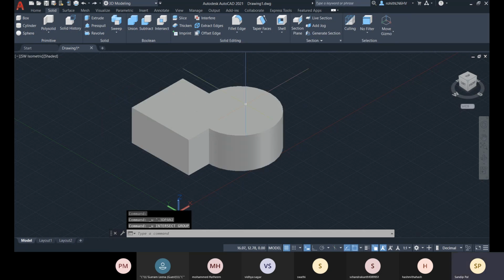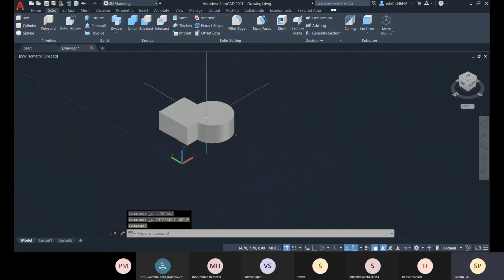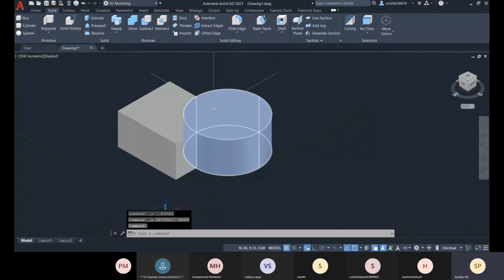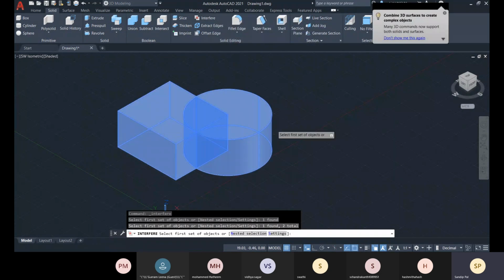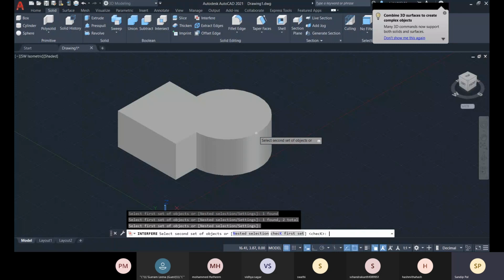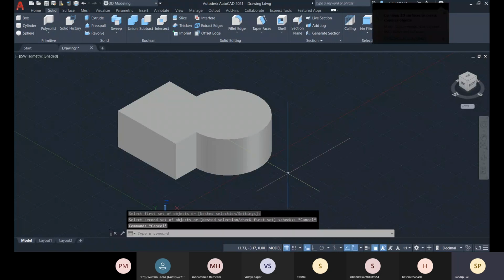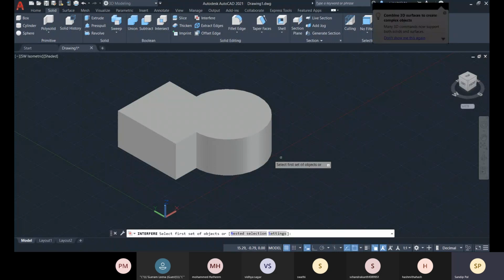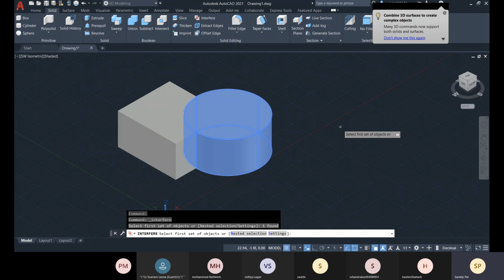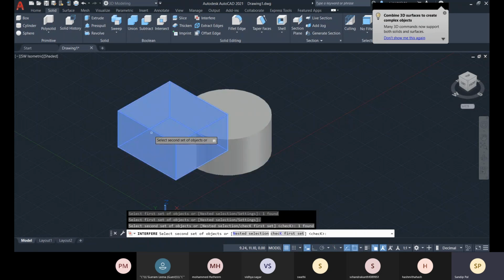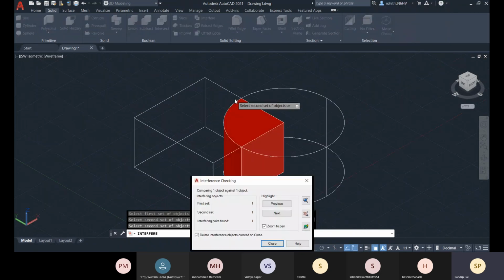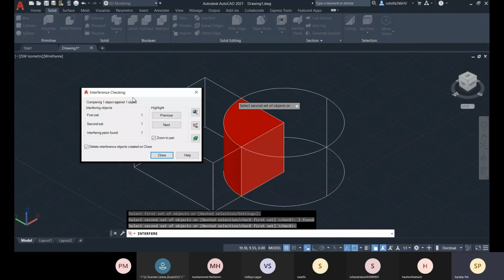But suppose I don't need that, I need to check only if I'm getting the exact thing or not. So for that we have this option interfere. Sorry. You go interfere, you select this object, and then you press enter, and then you select this object, and then you press enter, and then it will show you the interference object.